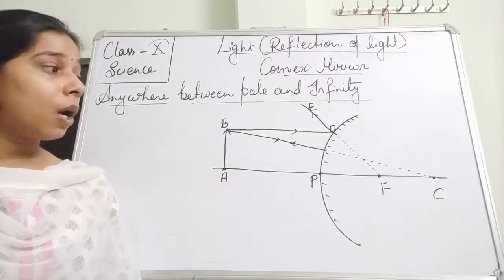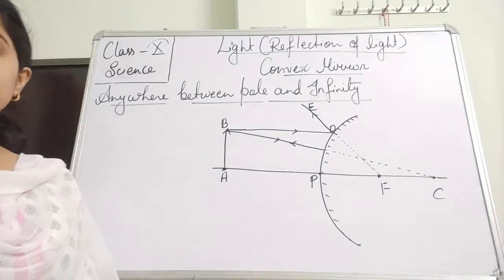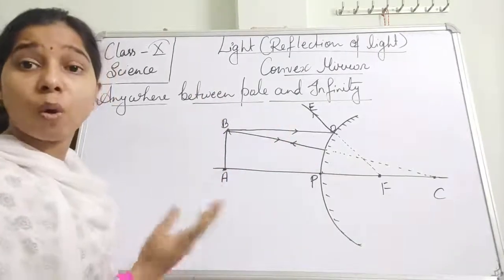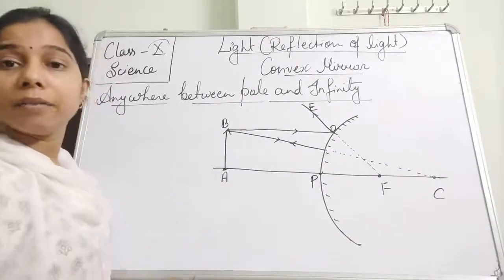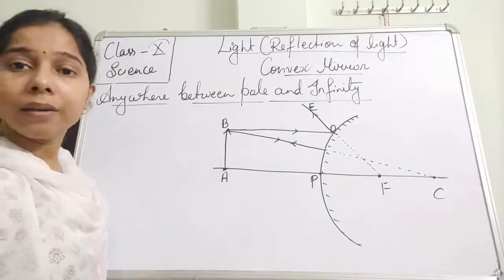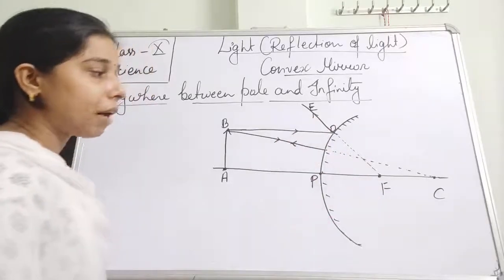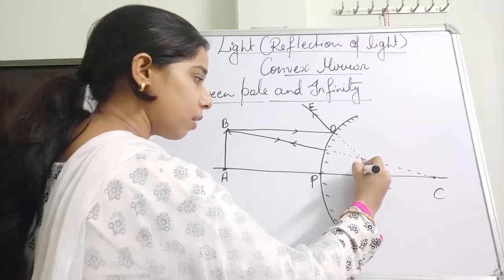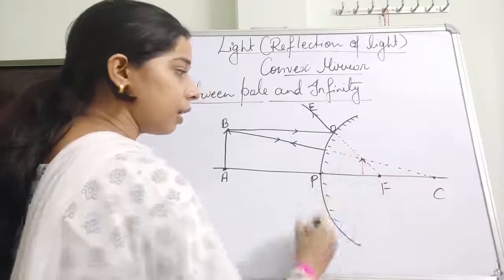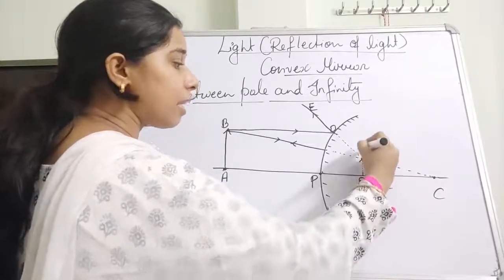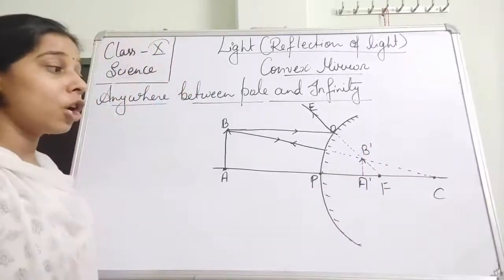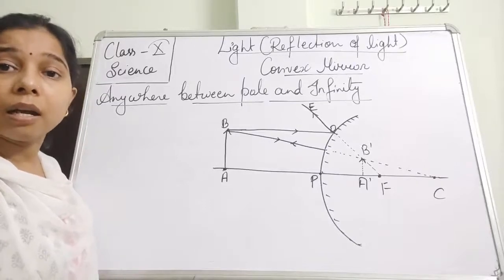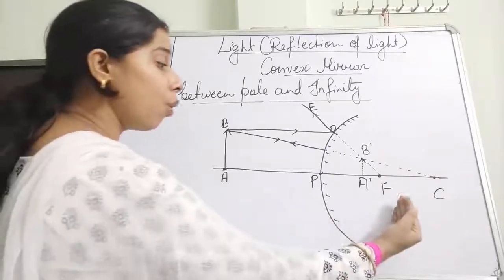Now you see here, what kind of an image will be formed here, students? Both of the rays get deflected into different directions. Obviously in reality, they will never intersect with each other. But when we stretch it behind, we find that actually they meet at a point, and this is that point, students. This is A dash, and this is B dash. So where is the image formed? Image is formed behind the mirror, and this image is formed between pole and the focus.